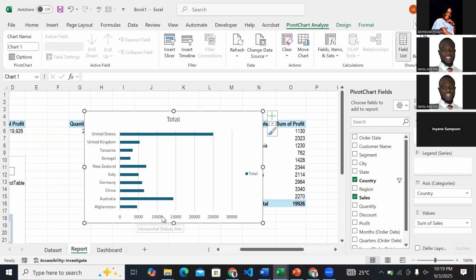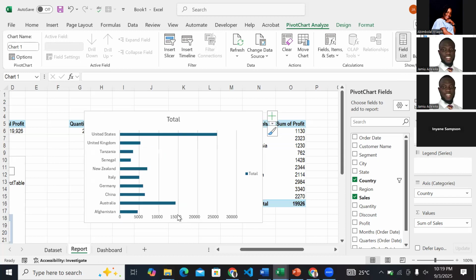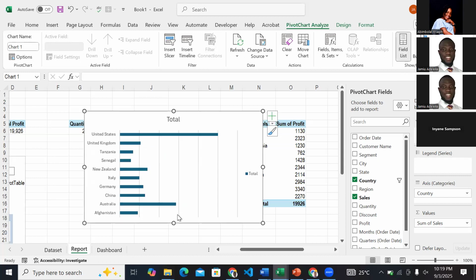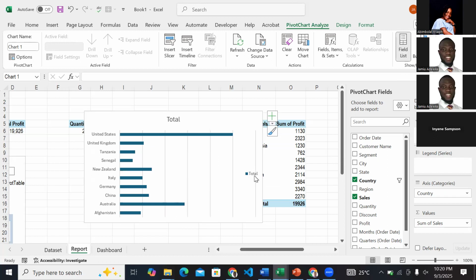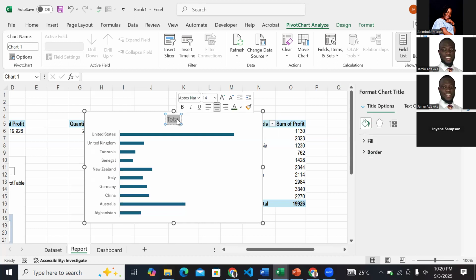Also, all of these labels, 5,000, 10,000, I don't want them. I can just click on them, then press the Delete key on my keyboard. This total, I don't want it. Just click on it, then delete it. This slicer that is here, I don't want it. Just click on any one of them, then click delete. This title that is here, I want to edit. So just double click on it, then say